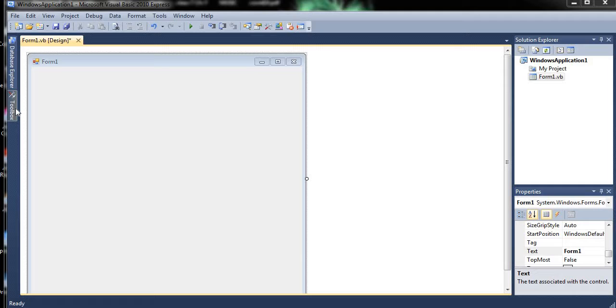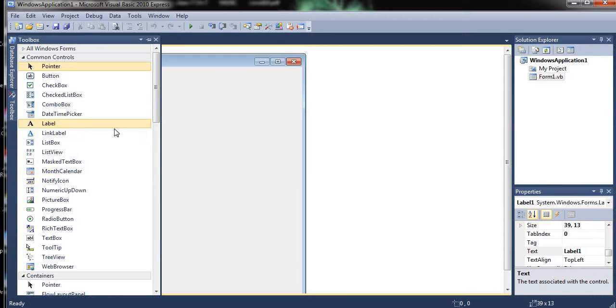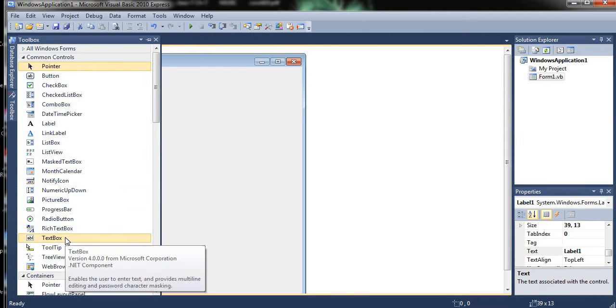In this program, in a form, I want to give the options to the user that whatever number they select, on the basis of that the corresponding day will be displayed. So suppose here I am taking one label box and one text box also.